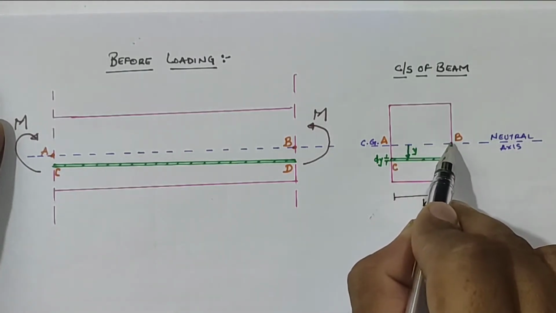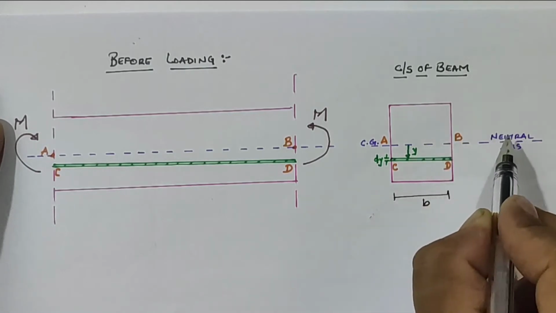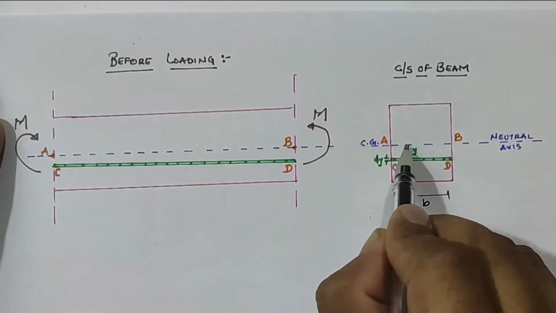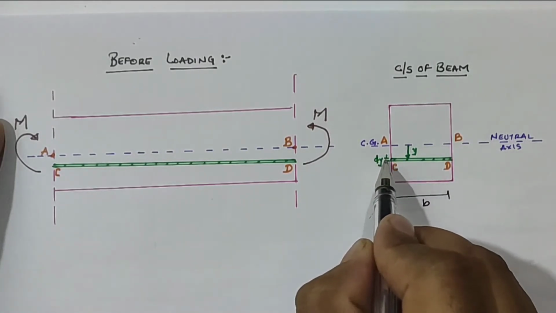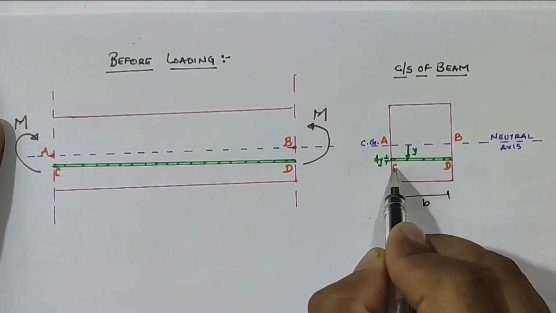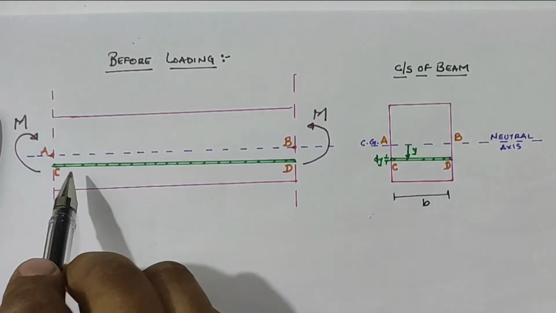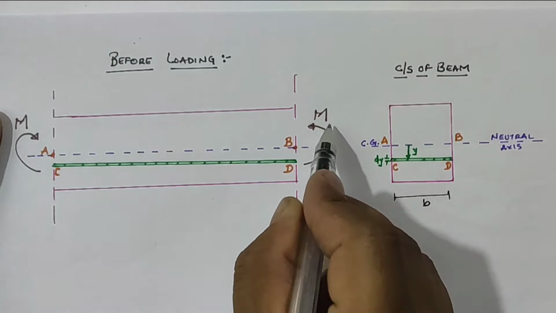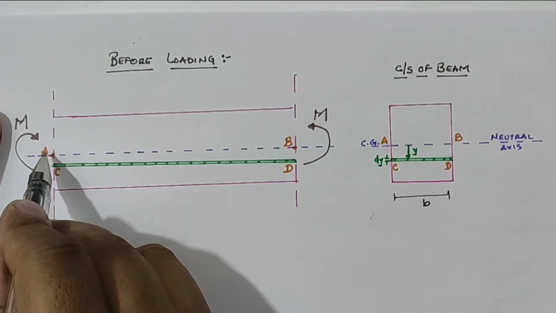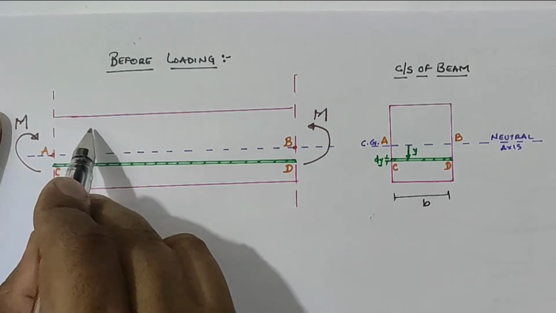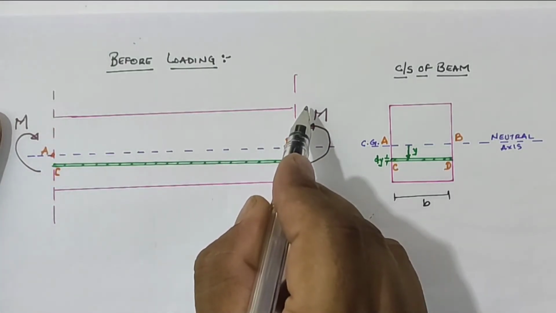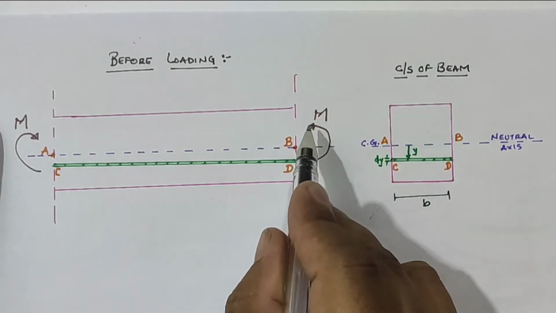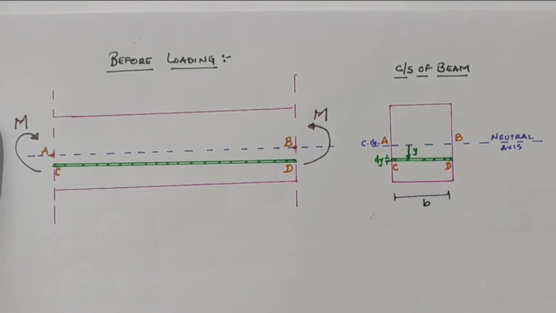and from the neutral layer, if we assume at a distance y a layer having thickness dy, which is indicated as a green line of the cross section of the beam having base b, and the length is CD, which is loaded with anticlockwise as well as clockwise couple moment capital M, through which our beam is bending in the downward direction, at top in compression while bottom in tension, due to the moment applied at both ends.